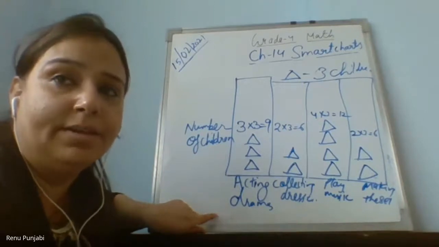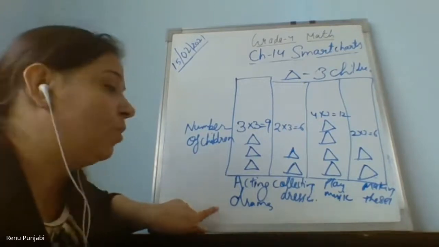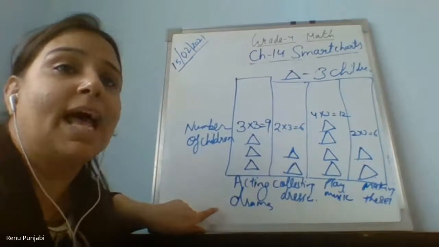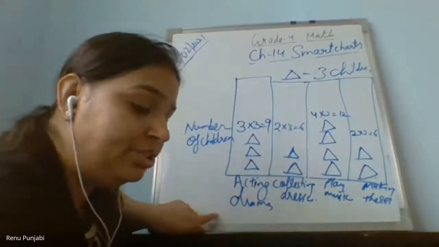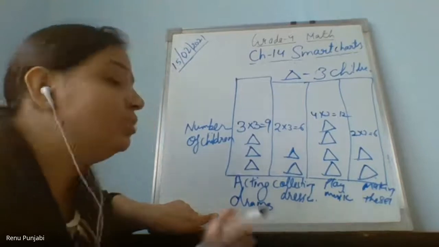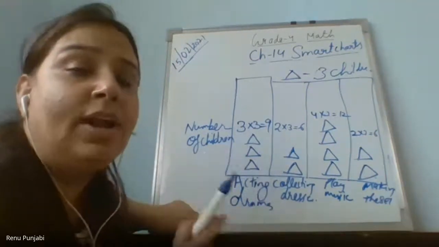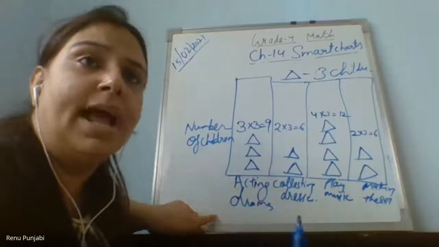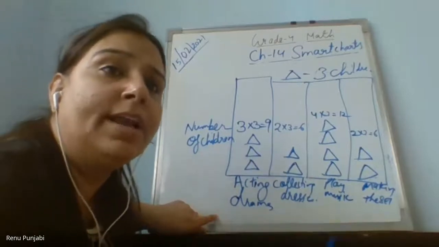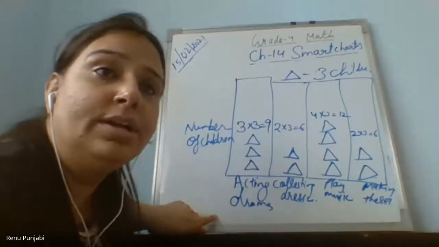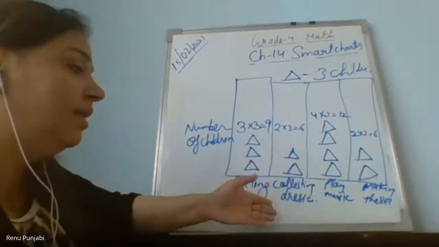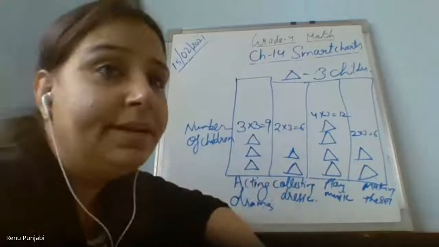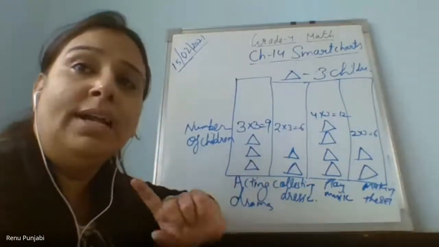So children, this is what I am explaining to you when it is asking in numbers. For example, how many children are acting in drama. If you write only 9, your answer will be wrong. What 9? I am not aware what 9. 9 are children. So you have to write 9 children, 6 children, or the name if they are asking, then you have to write the complete name. Have you all understood? Show me thumbs up.